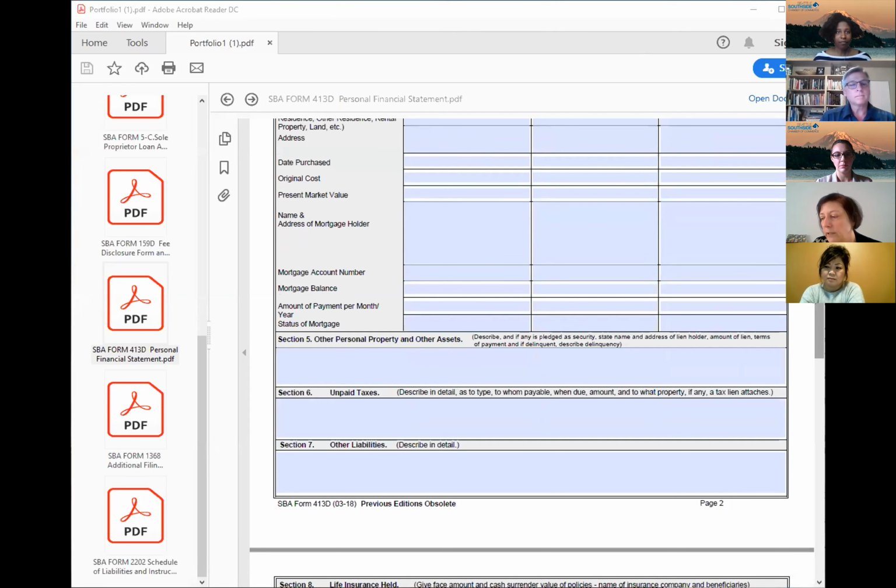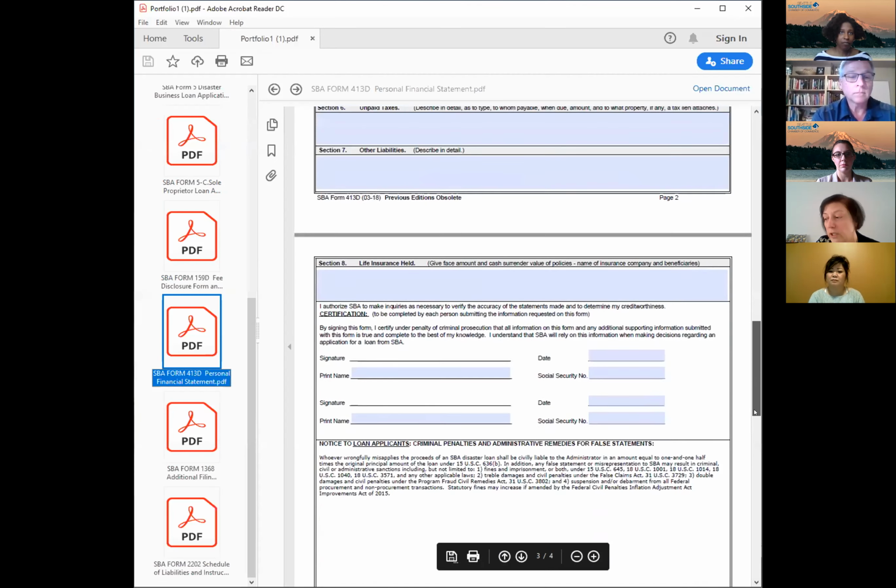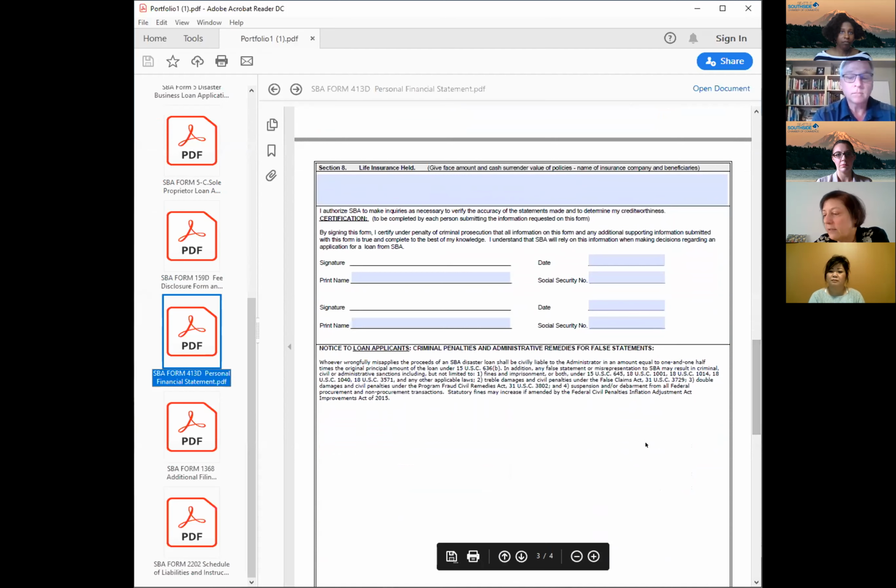They do have a line for your vehicle loans and other installment accounts. Think about this. If you have a home improvement loan that is a term loan, that would go in an installment account. If you have a loan on your life insurance, you would want to disclose that on that line. And then